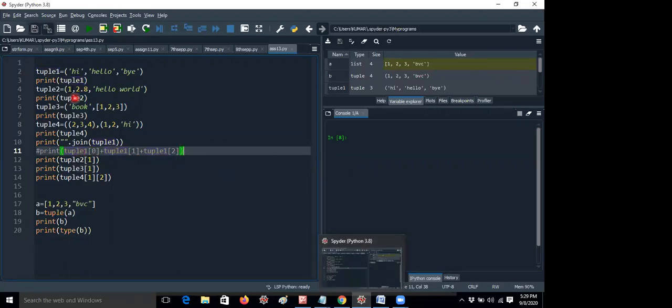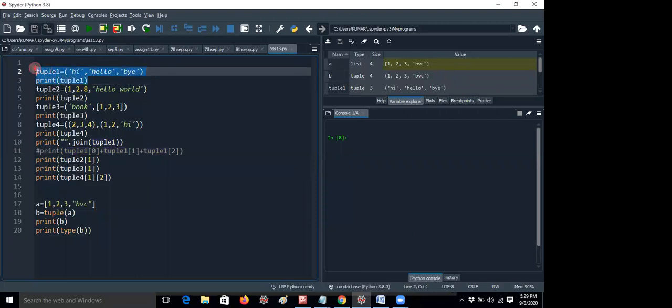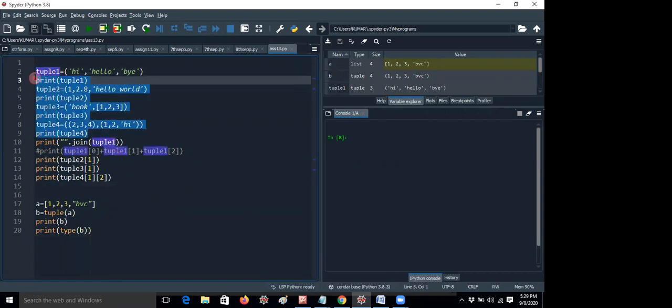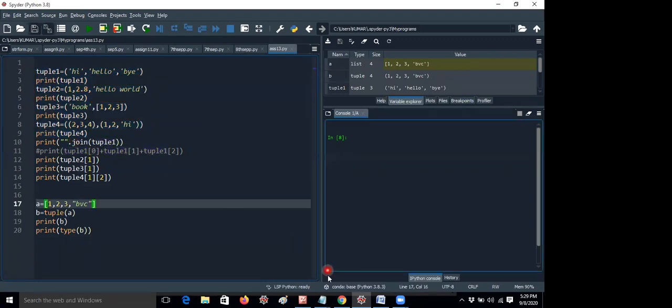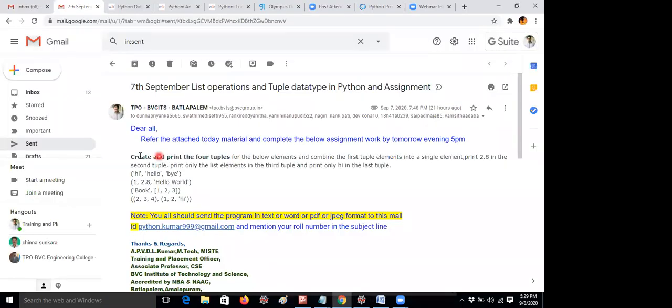So this is the first, that means tuple 1. I'm just printing tuple 1. I'm just printing tuple 2. That means whatever elements I'm taking in the tuple are displayed as they are on the screen. So you can take any other variable like t1, t2, t3, like that. Some students have not written this, but anyway, that's not a problem at all. So next, because I have given the question create and print. So again,